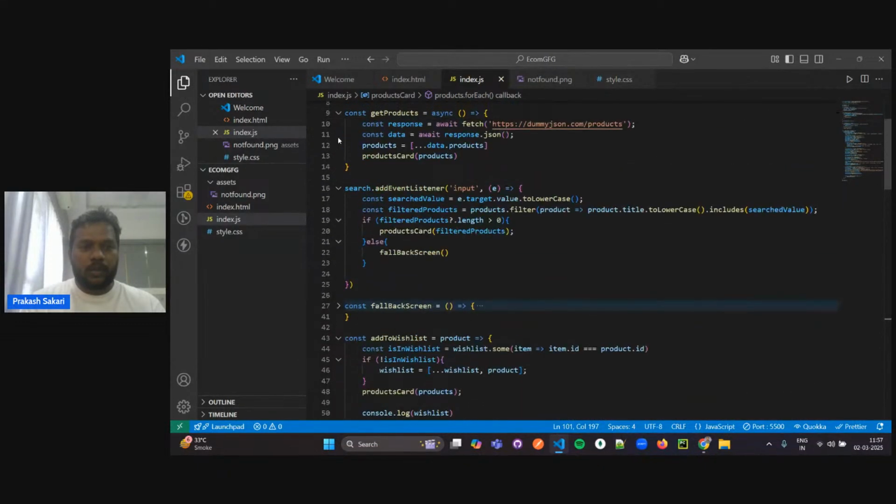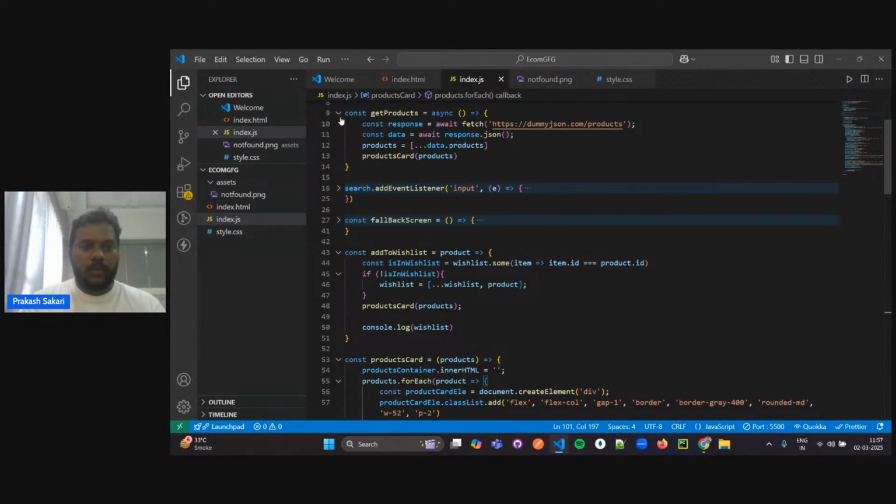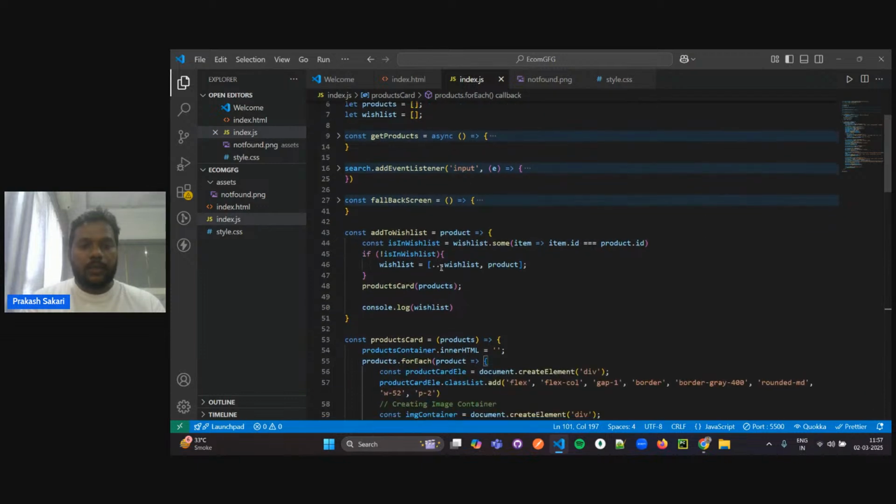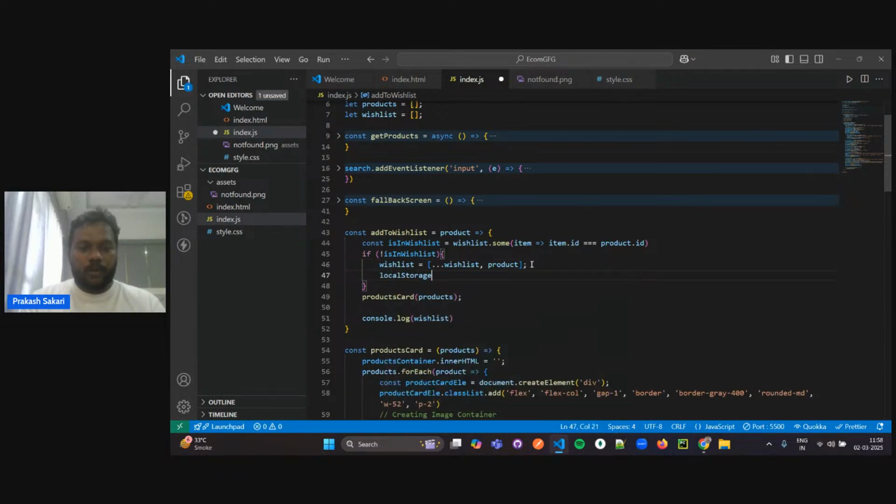Let me just make this smaller, and all of these things also smaller. Whatever is added to the wish list, I'm going to store it in the local storage also. So what I'm going to do is, if it is already in the wish list, then you don't add. If it's not in the wish list, you add it to the wish list, and then you do localStorage.setItem,